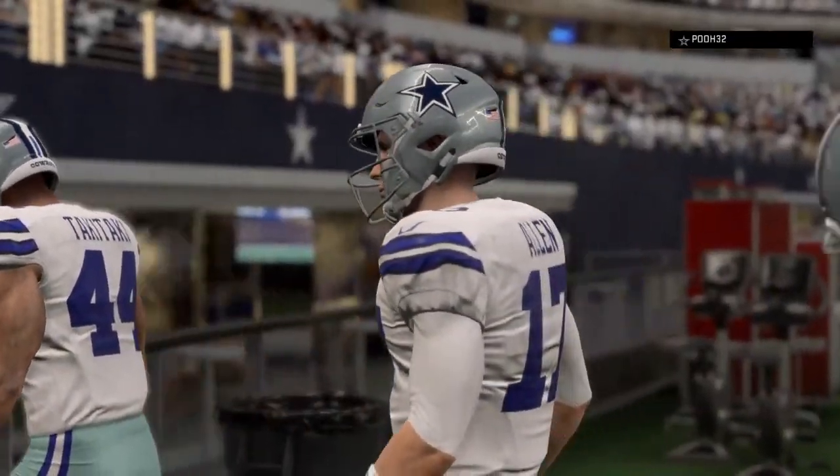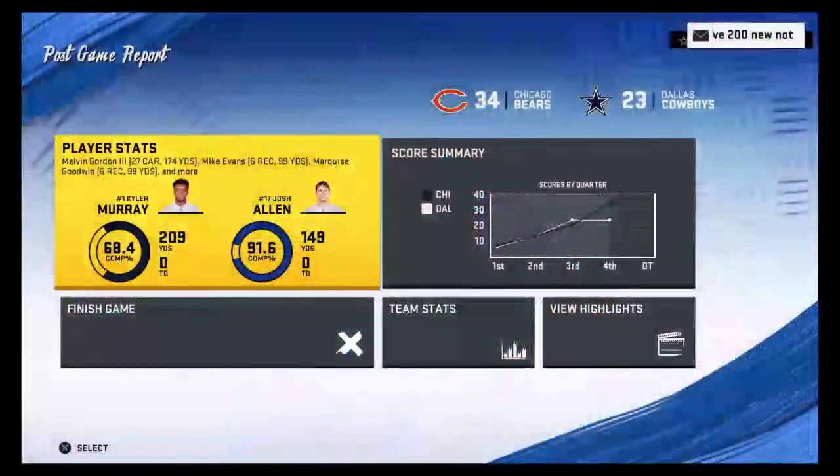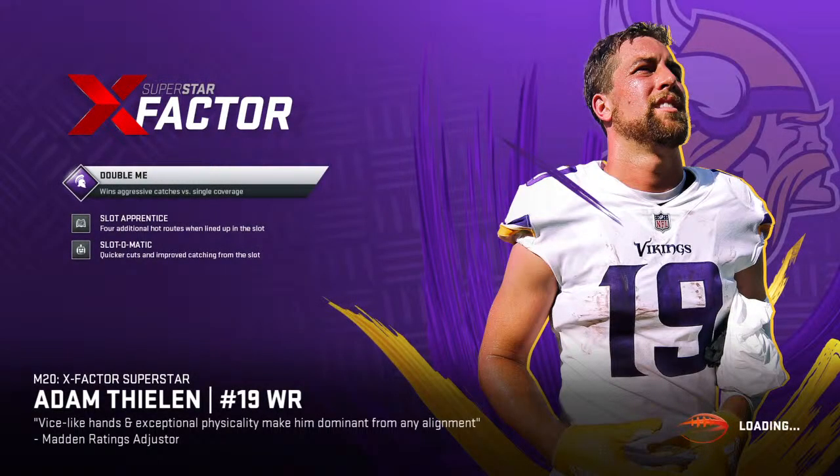So for the Bears, not much to complain about here. They come in and steal a victory in a tough place to play on a Sunday night. And they'll get another...